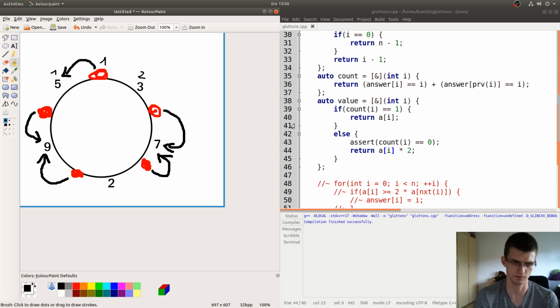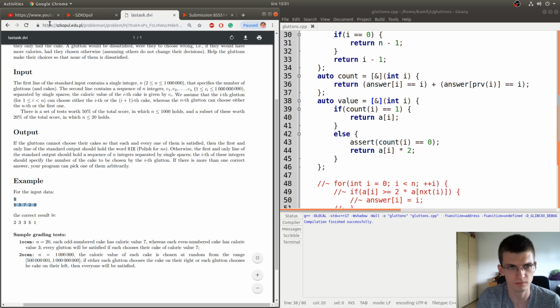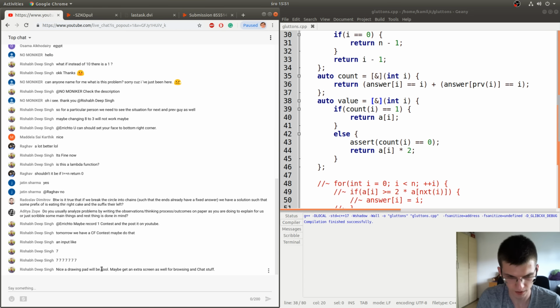Is it correct? I think it isn't, because the first person should choose. No, it's okay. So this person gets value 5, and changing direction he would get 3. This person gets 3.5, that is bigger than the other possibility. The same here, and these two get 4.5 instead of respectively 2 and 2.5 here. So it works correctly. I would submit that at this moment.